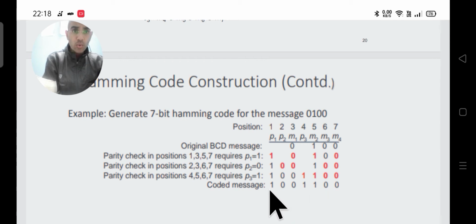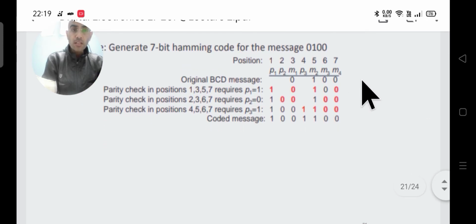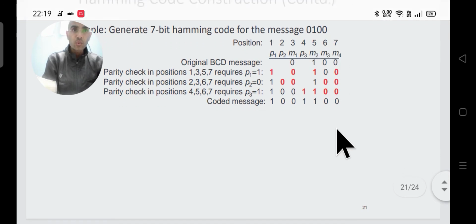So our total code word, the correct coded message, will be 1001100. This is how you form the Hamming code for a given message.